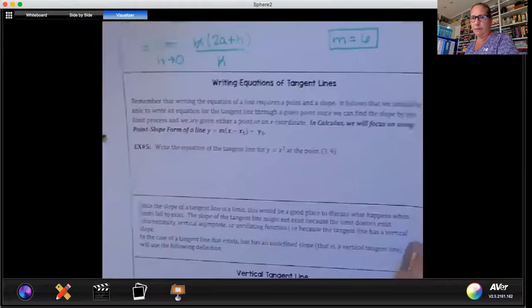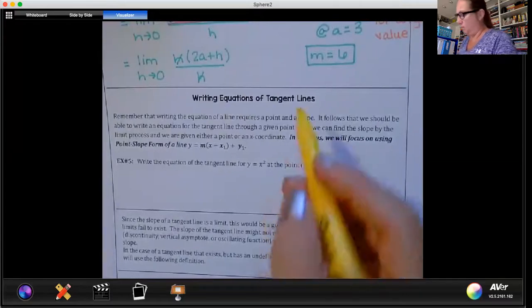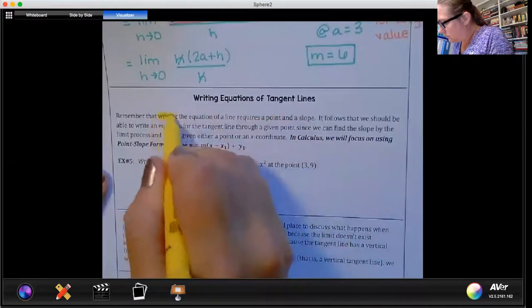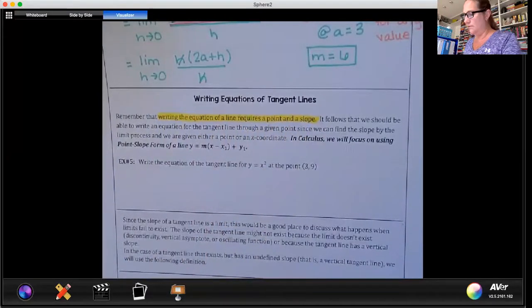All right, now we're going to talk about a really big idea in calculus, which is writing equations of tangent lines. You're going to be writing equations of tangent lines throughout the year. So it's very, very important that you understand what's going on now. Remember that writing the equation of a line requires a point and a slope. Very important. It follows that we should be able to write an equation for the tangent line through a given point, since we can find the slope by the limit process, and we are given either a point or an x coordinate. If you're given an x coordinate and a function, plug x into the function to get the y